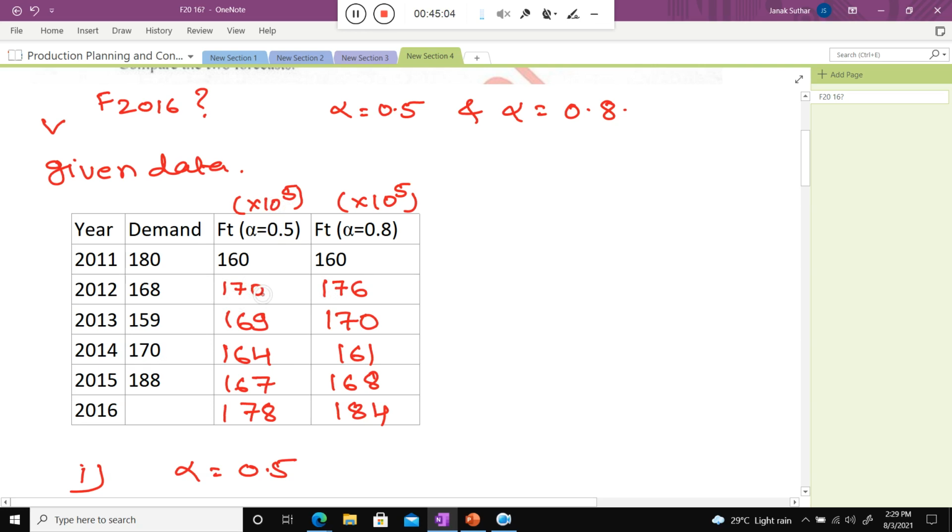That is why the question asks: if I take alpha 0.5 and 0.8, which one is better? If I compare these two, after some time I can say I will consider 178, because alpha 0.5 gives a better result compared to 0.8. So I predicted 178, and on the basis of that I will do all the planning: the labor requirement, the equipment requirement, the tool requirement and so on. I will produce approximately 178 products and sell them, because the accuracy of this forecast is higher compared to the other.